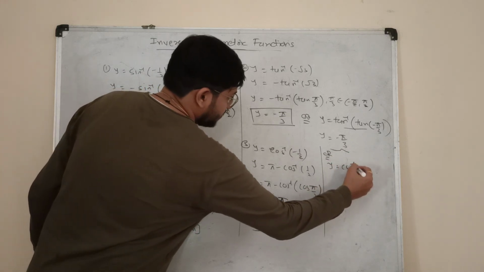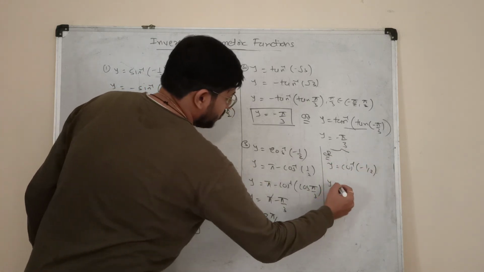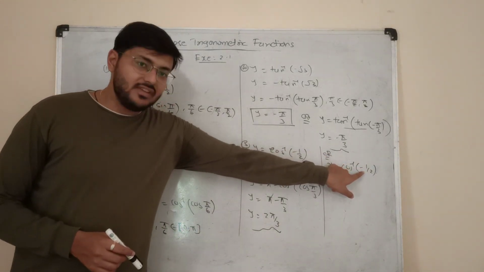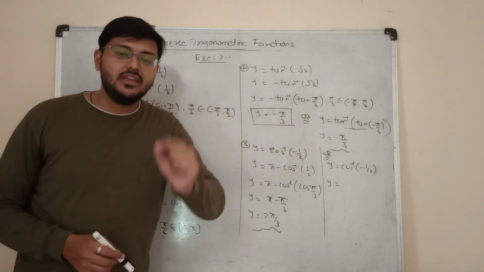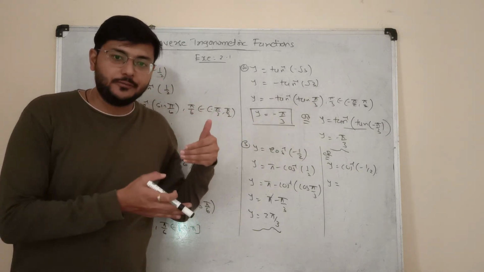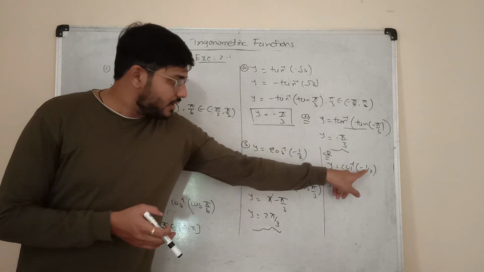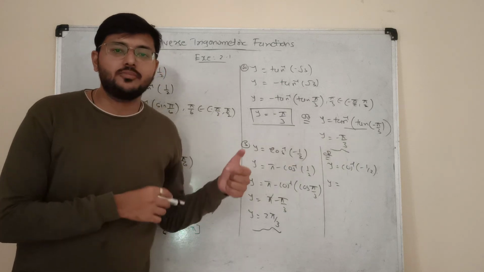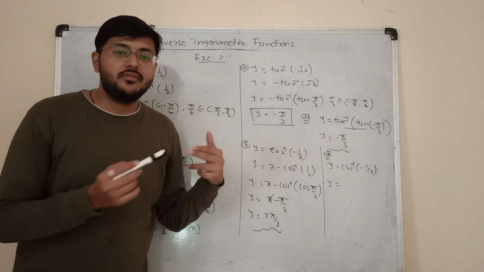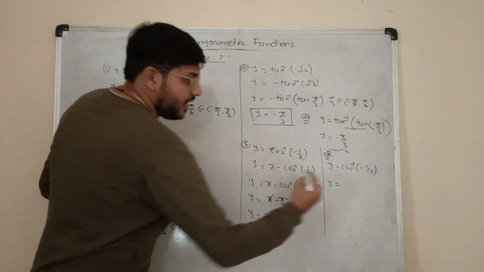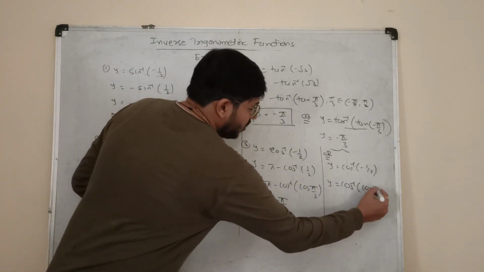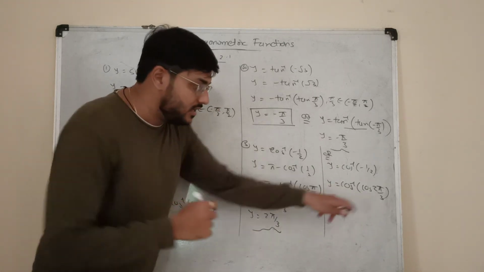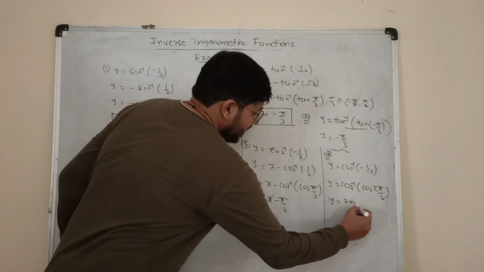Or if you have y equals cos inverse of minus 1 by 2, from the graph you need to think that if we put any negative value, then cos inverse will give us the answer in pi by 2 to pi. For a negative value of x, cos inverse will give us the answer in pi by 2 to pi, in the second quadrant. Which point will give us minus half? So we can directly write down cos inverse of cos 2 pi by 3. And this 2 pi by 3 again belongs to 0 to pi, right? So we remove it and we get the answer as 2 pi by 3.